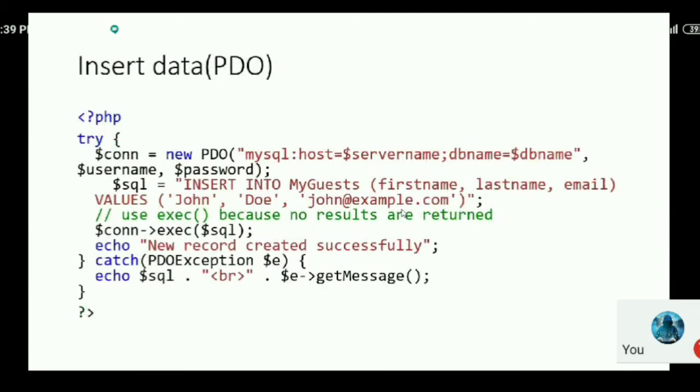First, you have to mention the name of the server. The server name is localhost here. Then you have to mention the DB name, which is nothing but the database name. In this case, I have to mention IT here. The next ones are the username and password. It's the same procedure, but the only difference is that instead of using the MySQLi query, you have to use exec. Exec means execute here. Connection arrow exec will run the query over here. Now I will just run this one.